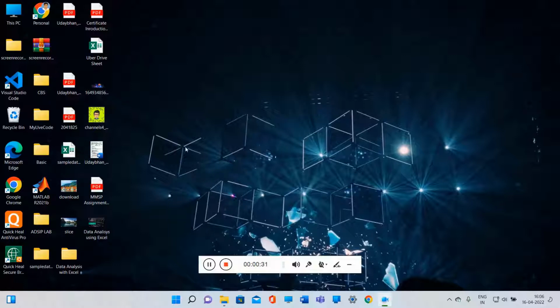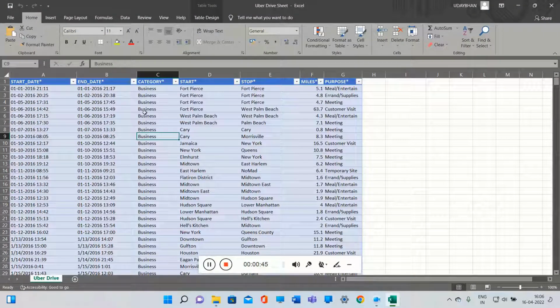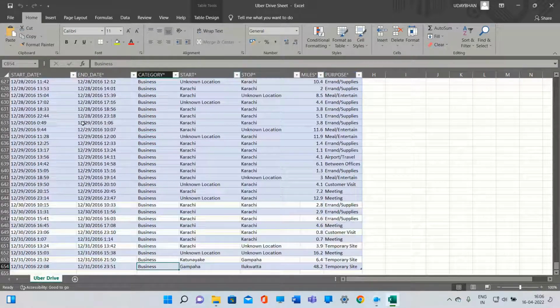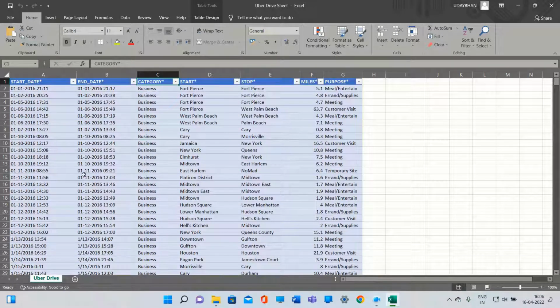First I need to open the updated Excel dataset which we had obtained in the previous video, part 1 of this project. So I have opened this Excel sheet. You can see here it has a total of 653 rows excluding the column header. This was our data set which we left yesterday in the last video. So let's see question number 11. Question number 11 is: get the unique start destination in the original data set.